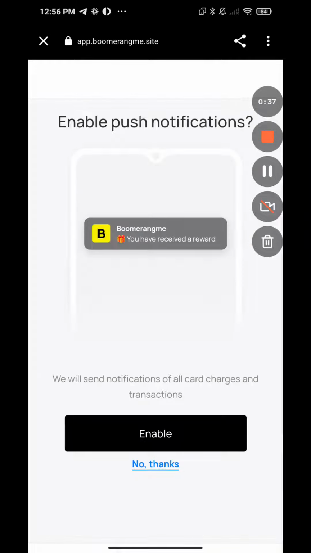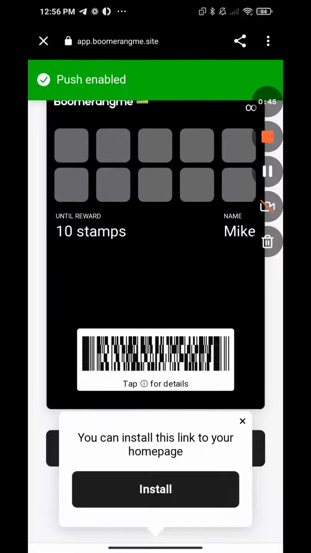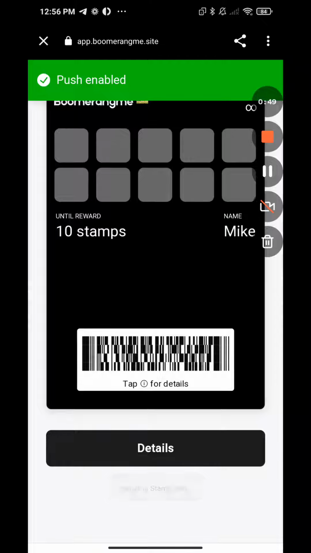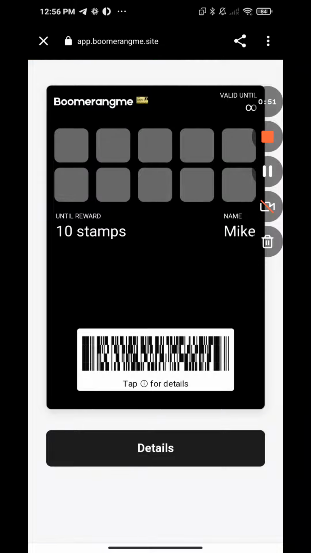And the last step, we need to push the button Install on the home page, install again, and we need to wait a couple of seconds before the card will be installed on